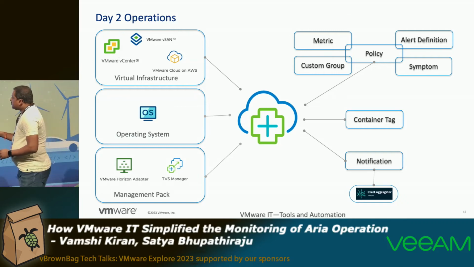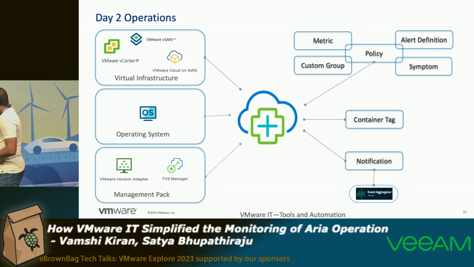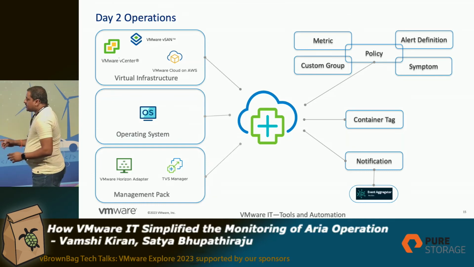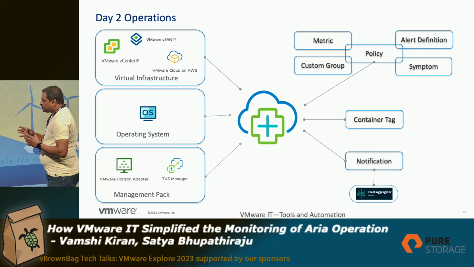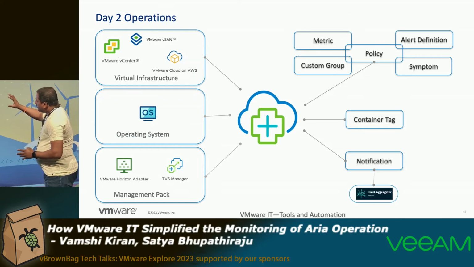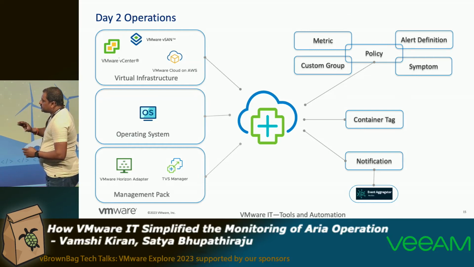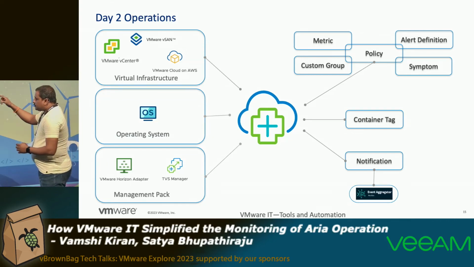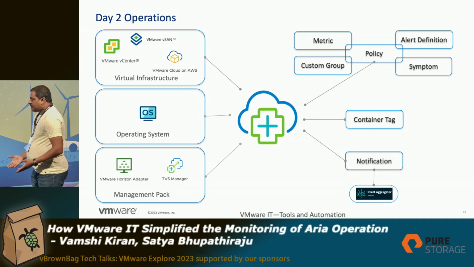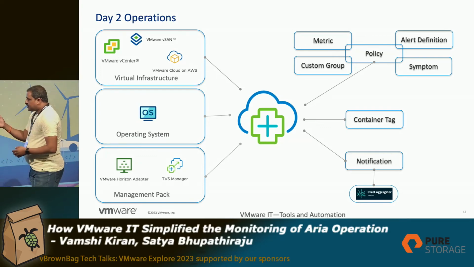And once I map the policy, I'll go and add the Oracle systems into a custom group. So the custom group contains all the Oracle virtual machines or the objects. Everything is mapped with that policy, and those objects will apply all the thresholds for 50% of threshold. So that's why we have the policies here. We have to create multiple policies based on your requirements, and then proceed to the next.